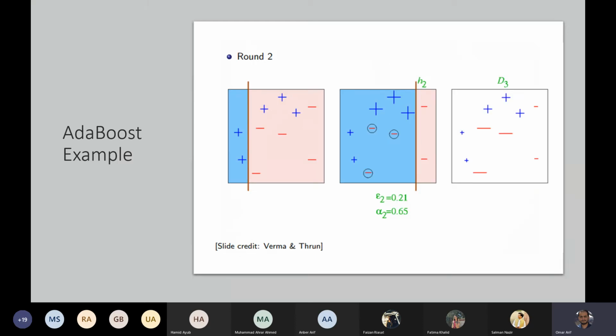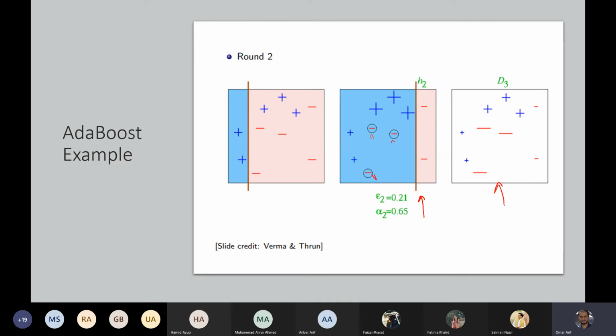In the second round, this is what I get. So this time, those examples which we had wrongly classified in the previous round, we have now classified correctly, but there are some other examples now which I have wrongly classified. For example, these three. So in the next round, these are given more weightage now.